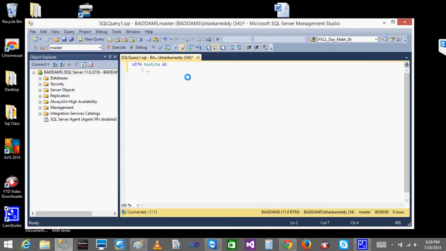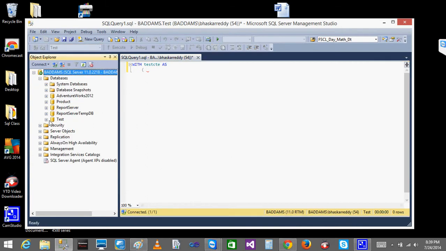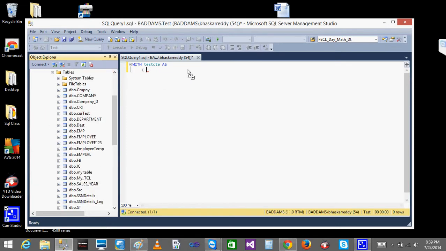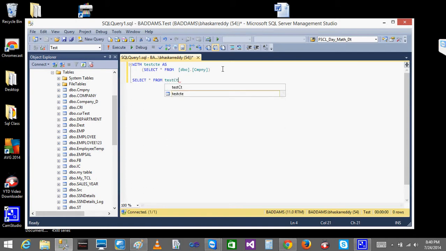I'll use the test database and a table, company: select star from company. That's it. Now I can call my CTE: select star from test CTE, same as a table.